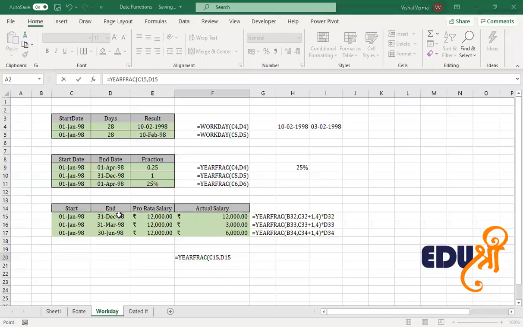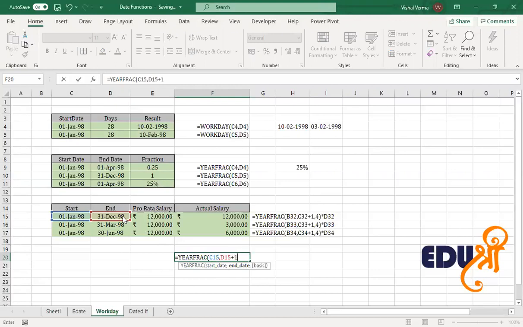Now why we add one more day here is that the extra day has been added to the end date to compensate for the fact that the YEARFRAC function calculates from the start date up to, but excluding, the end date. If we use the function as is, it will exclude the end date. So basically what we add is one more day to the last date.